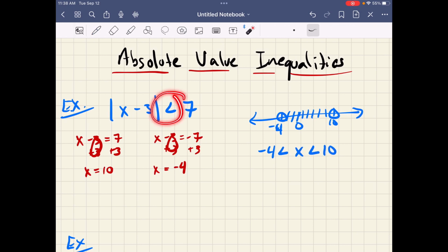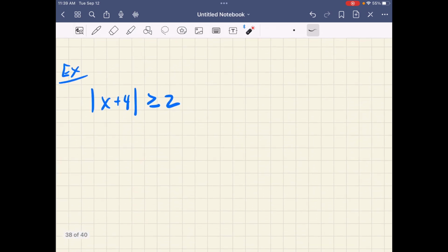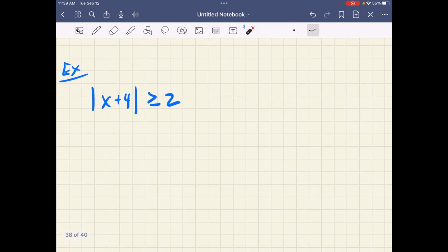So remember, the original had the less than sign without the or equal to line underneath it, so I want to continue to use the same signs here. So here we know any value that is greater than negative 4 but less than 10 will make this statement here true. All right, so pause the video, go down here, do the exact same process,